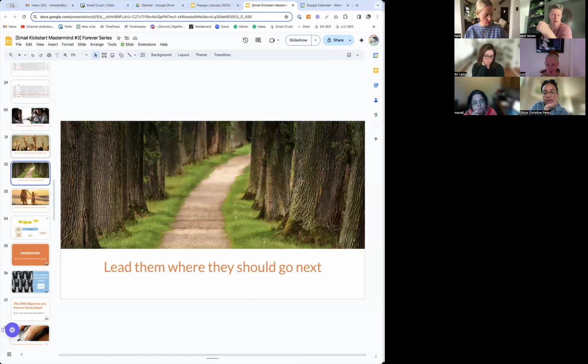This graphic right here illustrates the reason I called my company Personalized Paths. Now, I since called my company Email Crush because Personalized Paths is both really long and really hard to say. Try it, Personalized Path. It just does not come out. Email Crush, much easier. But the reason I liked that name is because the main thing I loved about email is that we can create a journey for our audience.